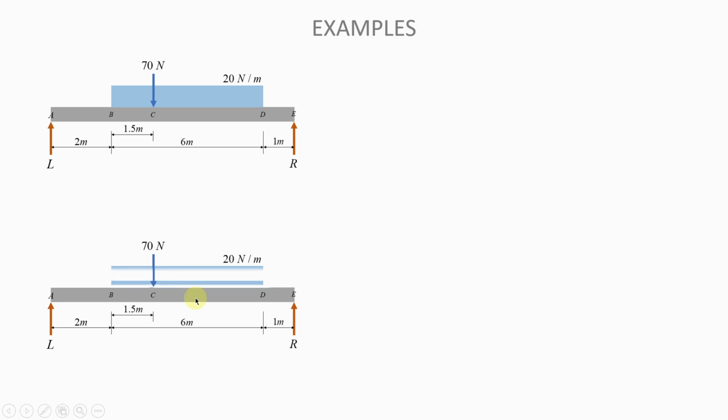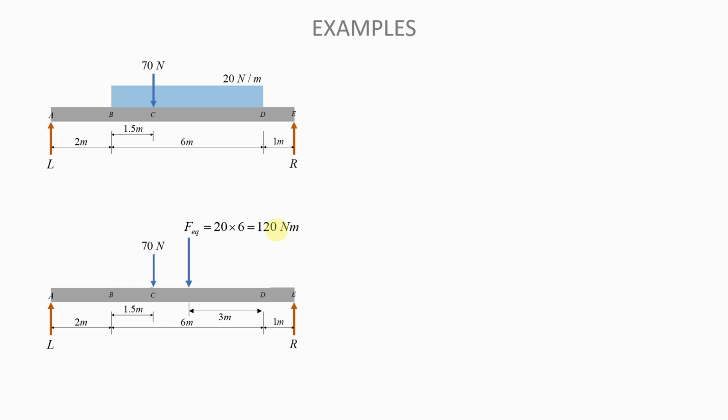And so that's what we're going to do. We get rid of the UDL, we put the force that is equivalent to it, and you can see the UDL was acting over this 6 meters length. So in the middle of it, that will be 3 meters from here. That is where you have the force that is equivalent to the UDL, and it will be equal to 20 multiplied by 6, because the UDL was 20 newtons per meter, and it was acting over a length of 6 meters. So the force equivalent to that will be 20 times 6, which is 120